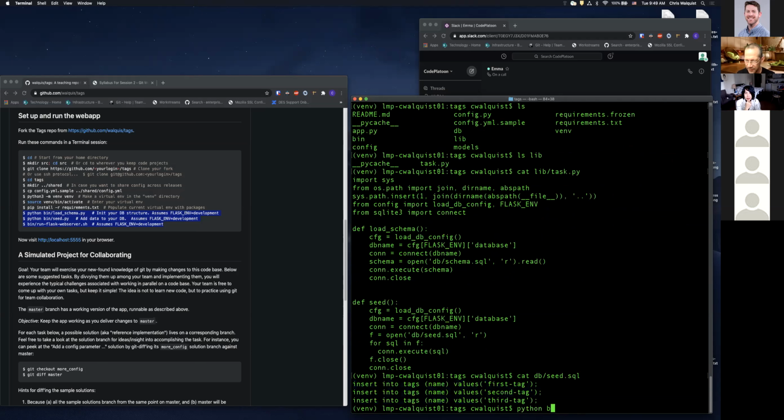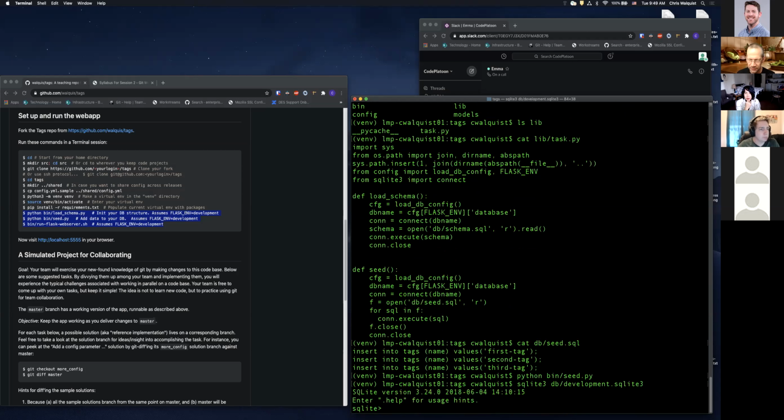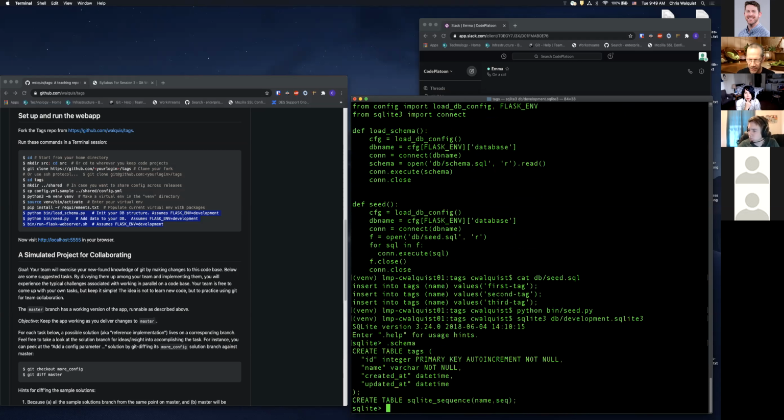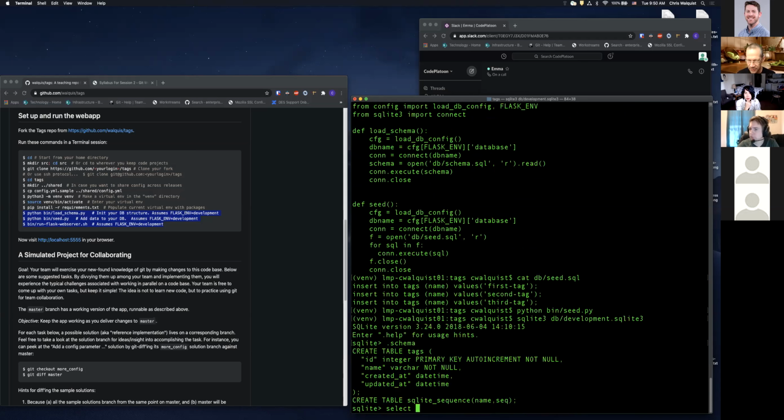So let's do it. Okay. Looks like nothing has happened, but it has. If you have SQLite on your system, you could actually look at that database. It's called development.sqlite3, and use a SQLite command called .schema, and you can see that this table is what's been created. And then you can use some pretty standard SQL commands, select star from tags,